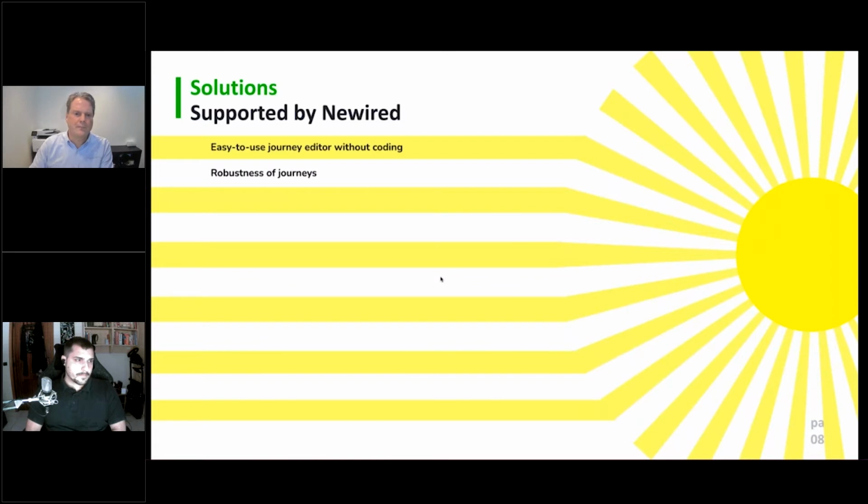You'll show it later. Second is the robustness of journeys. And by robustness, here we mean the reliability of your journeys. They don't break, they keep on going. Even if you update your system to a newer release where you change the user interface of your system, the journeys will still keep on working. That's because we have a little algorithm that actually follows all your fields, all your steps through the life cycle of your product. That is actually quite a unique aspect of Newired.